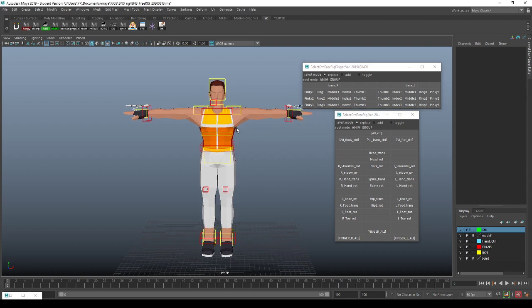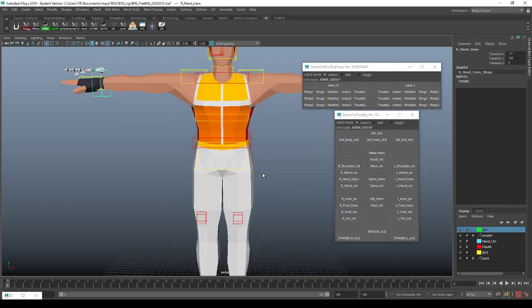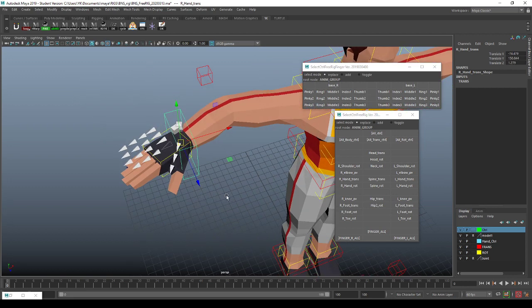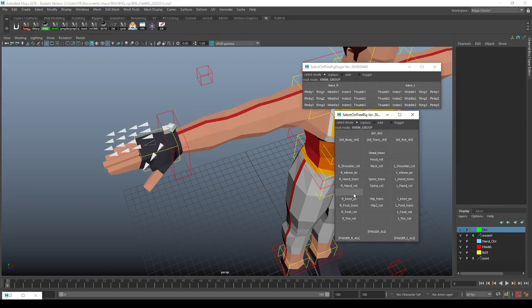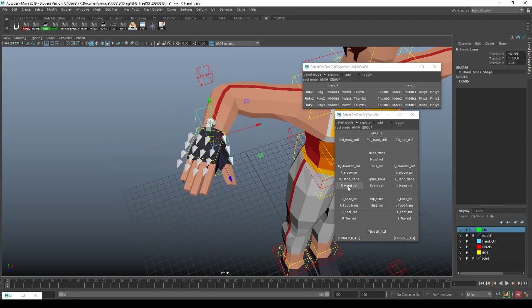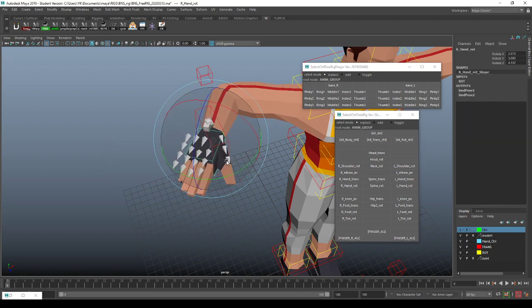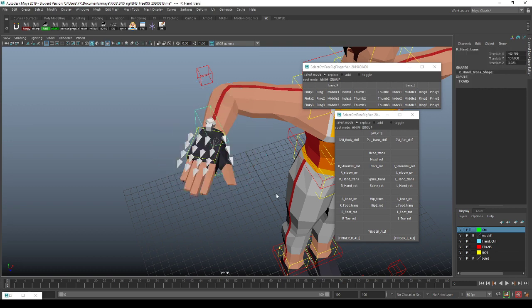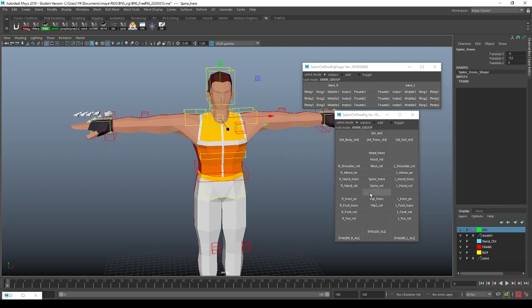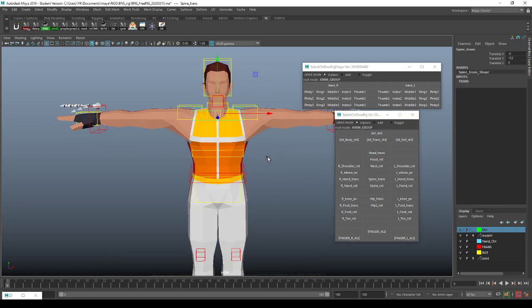This is because this is a Japanese rig. Japanese rigs, not sometimes, most of the time, they like to separate their translations and rotations. For example, if you can see here, it's R hand trans. This controller only controls the translation, and the other one is for rotation only. And then they like to use IK a lot. For example, the spine, they like to use IK spine